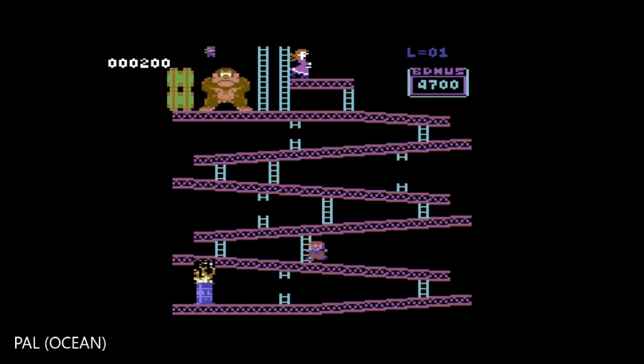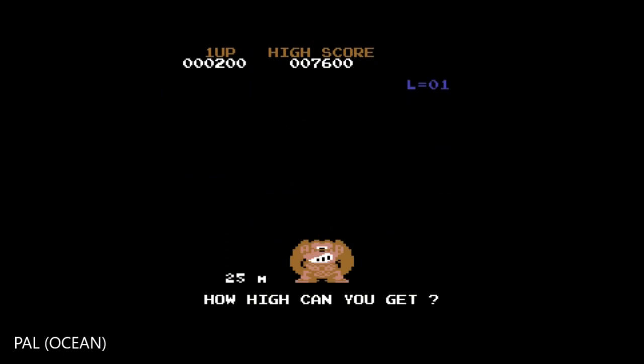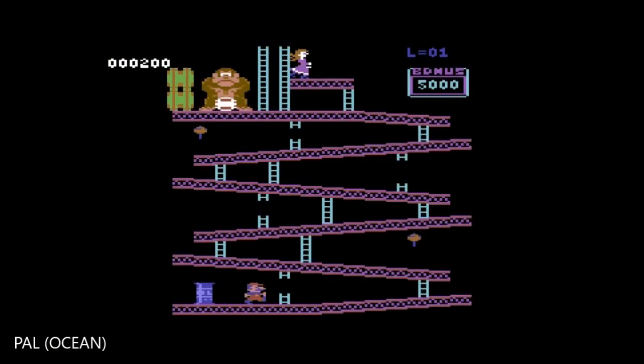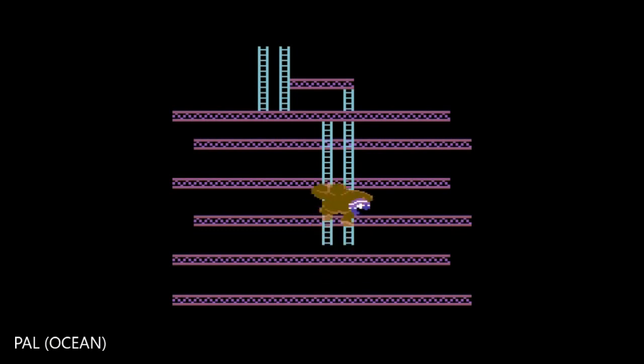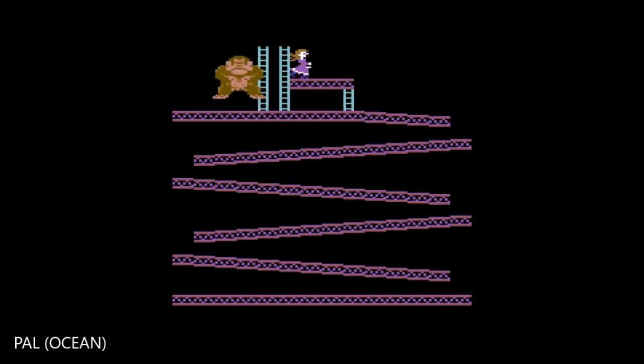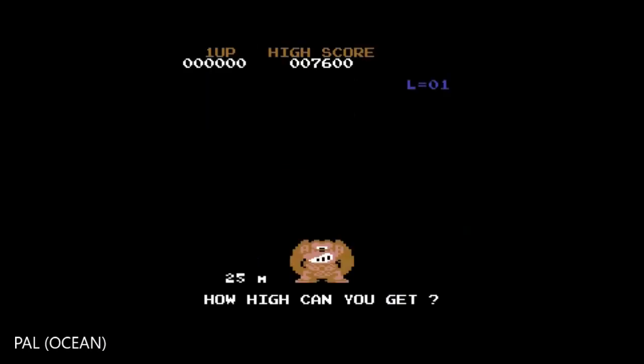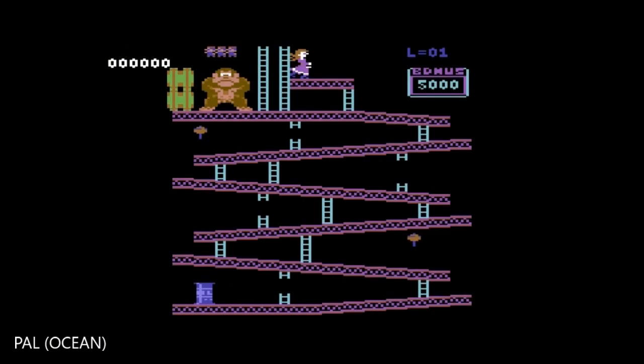Look, it's very hard to play. Let's see if I can make the first level. Oh, timing is so off. Let's try it again. Now this would probably run crazy fast on the NTSC machine, so perhaps I'll make a video running this on my NTSC 128 to show you how it runs. Probably unplayably fast,